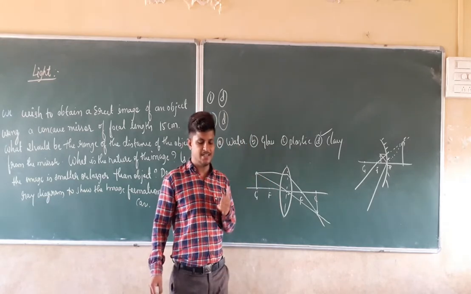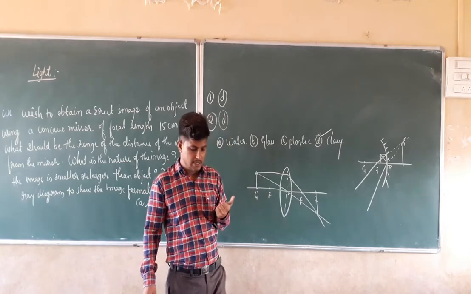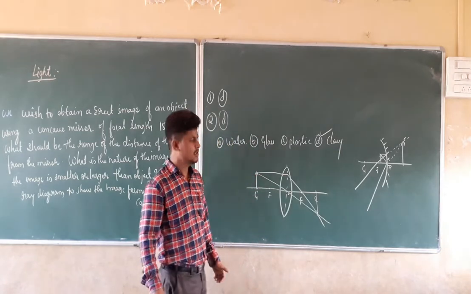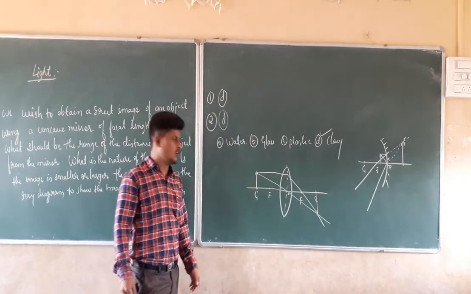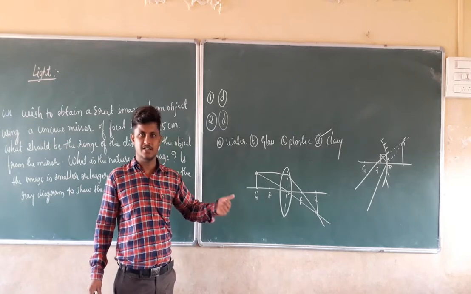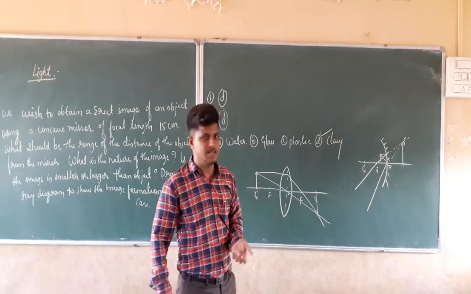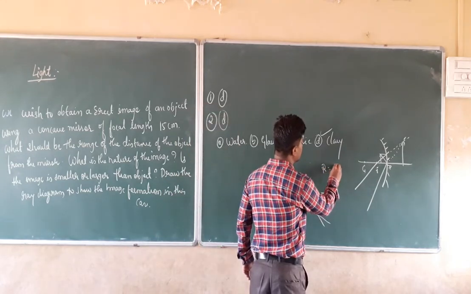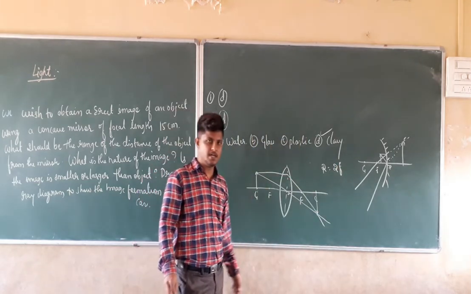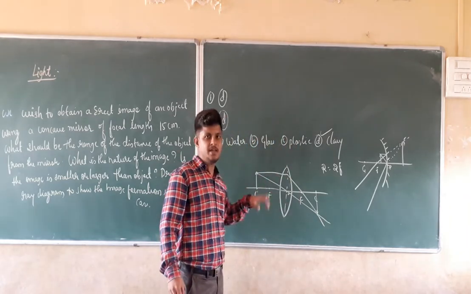The first option is given as at the principal focus of the lens. It is wrong. The second option is given as at twice the focal length. If you check the center of the curvature, it is always equal to twice the focal length. While solving the numericals and discussing this topic, I told you that radius of curvature is always equal to double the focal length. That is nothing but R is always equal to 2f. What is R? R is radius of curvature. At that R value, we are going to get the center of the curvature.